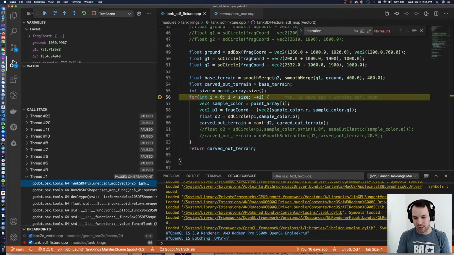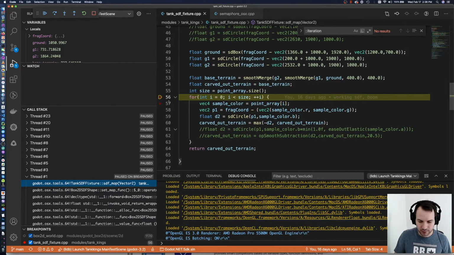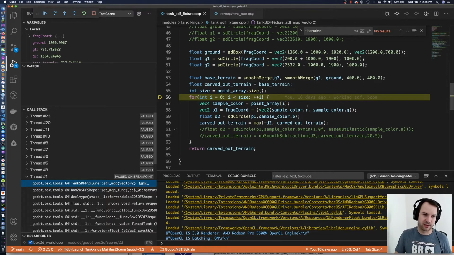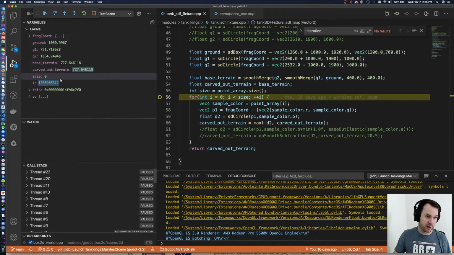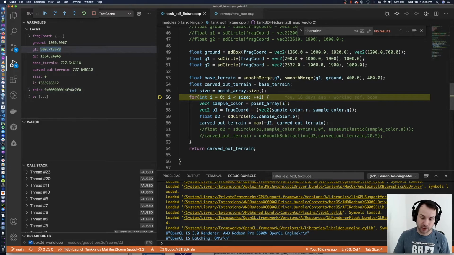But the most valuable part of a debugger is being able to actually step through your code at runtime without having to recompile with a bunch of print statements. And then also being able to edit values in memory. I can change this property from 700 to 500, just overwrite the value in that memory address in the actual program. So there's lots of cool stuff you can do with the debugger, and it's a pretty useful tool for anyone doing C++ or